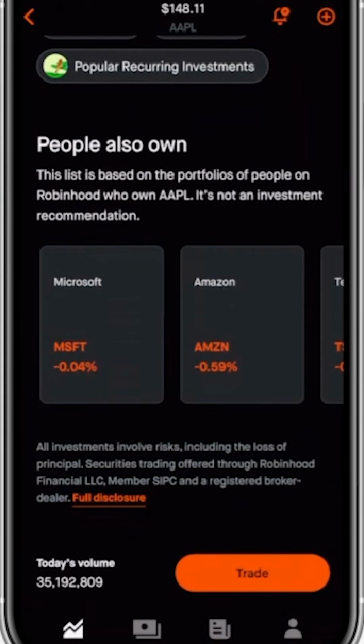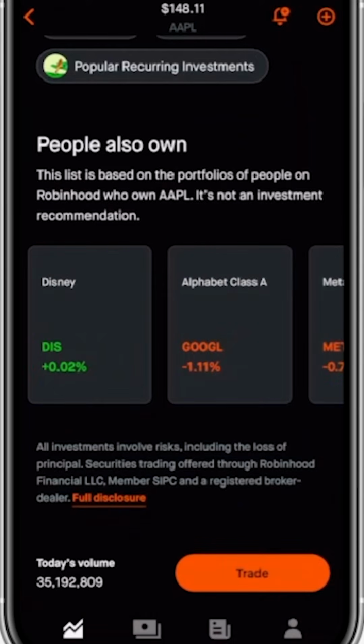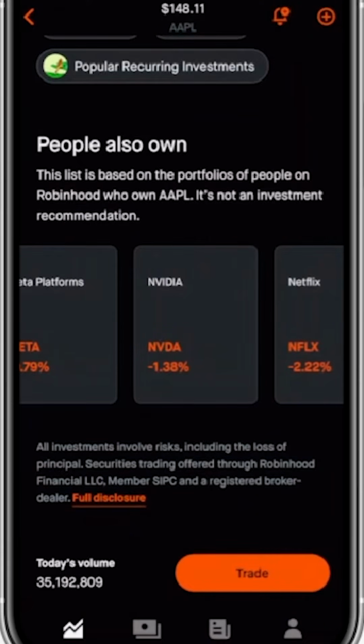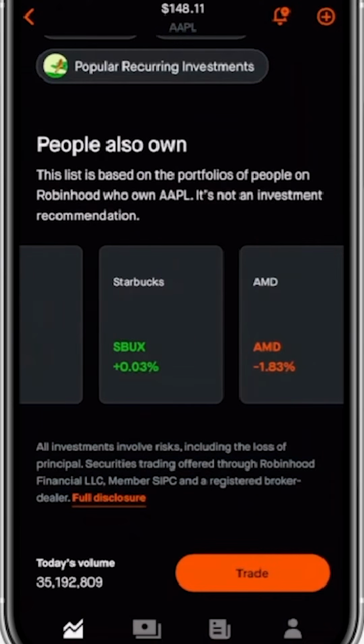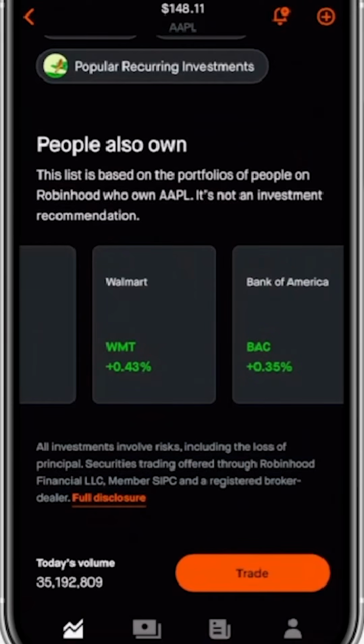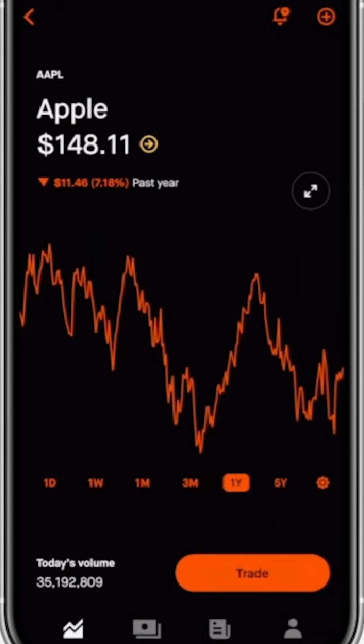And then right over here, you can see where it says people also own. So based off of how many people are owning Apple and some of the other stocks they own, you can see other companies. This just gives you an idea of ways to find new companies that you might not have noticed before, to start doing some additional research on and possibly adding to your portfolio. And then you can see here at the very bottom, it says today's volume, how much is being traded in that given day for this given stock, which in this example is